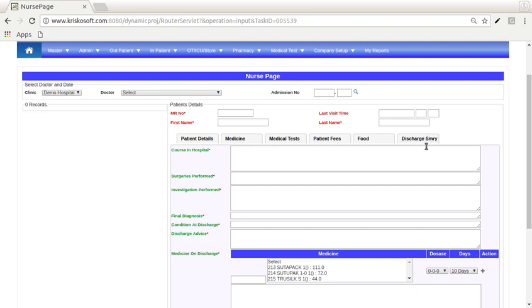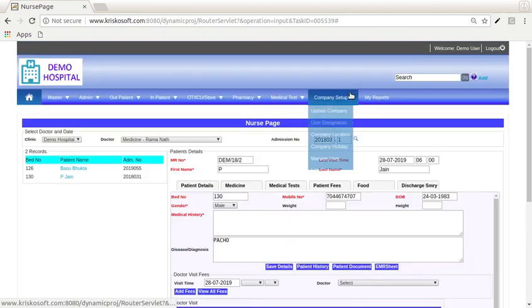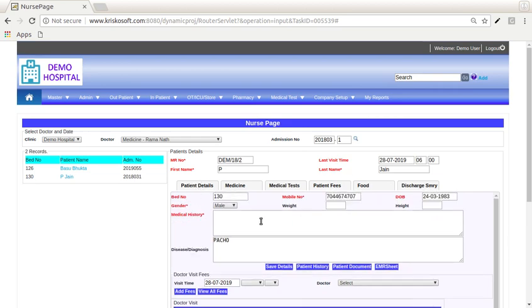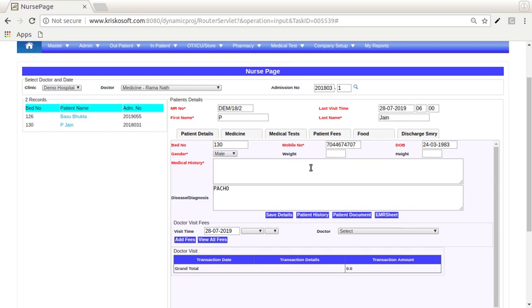Okay, now let me give you a live demonstration with a patient who is already admitted in this hospital. Let me give the admission number as 1. If I give this admission number, I see here this is the patient. And what are the patient details? You can write the medical history. Okay, medical history, you can write here something called, sorry, FACO should be there. Okay, diagnosis,